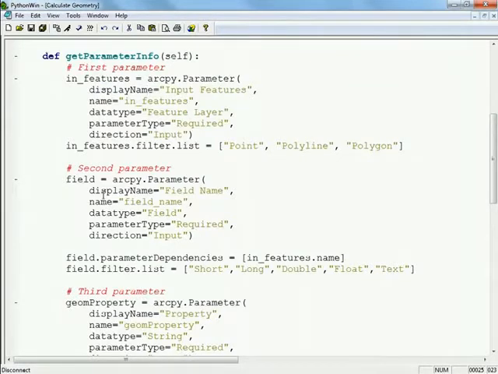So this is the field that I'm going to actually calculate that value to of the property of the geometry. And so I'm setting properties again here. Same thing, it's a data type of field, it's required, and it's an input. One additional thing I'm doing here is I'm setting a parameter dependency. And so by doing this, what I'm saying is because the data type is a type field, I'm going to restrict the options that can be selected for that parameter based on the fields that are available in the input. So because I'm writing this line of code, what it's saying is only show fields that belong to the input